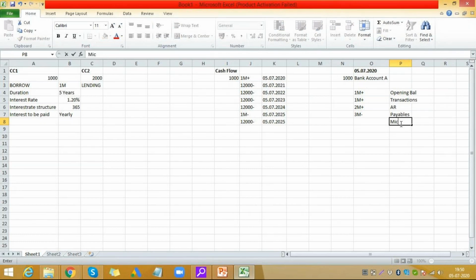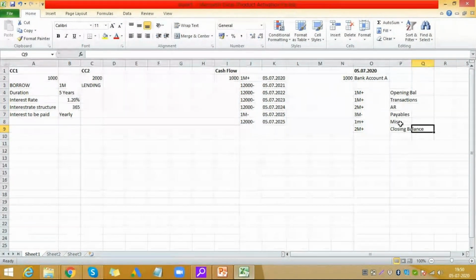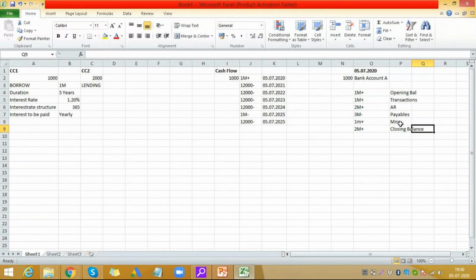Miscellaneous, just to calculate it, and then it says 1 million plus miscellaneous or the receivables, and then it calculates the total position at the end of the day, which is 4 plus 5. So 2 million positive is my closing balance. This information, again, we will see in the SAP reports or in the cash flow analyzer or the cash reports, where this data flows to cash and is visible there.